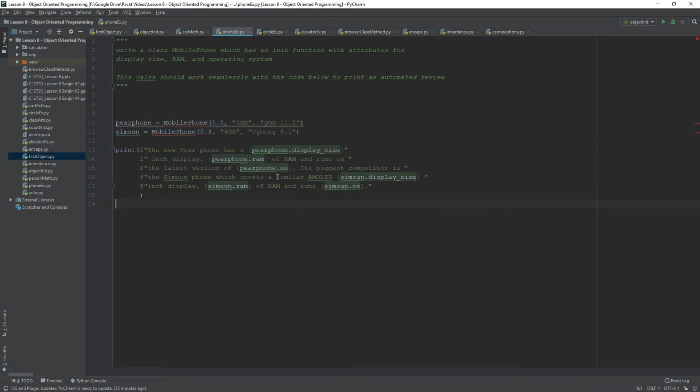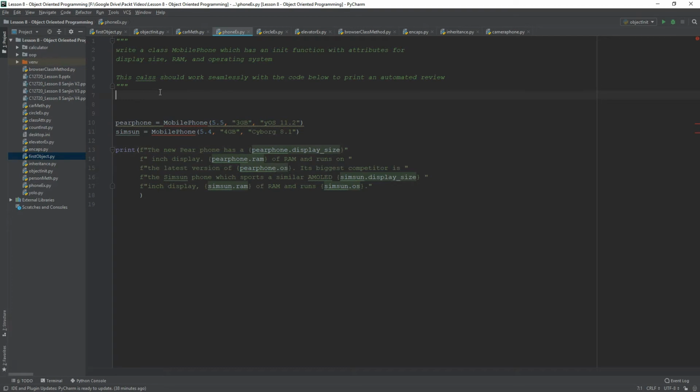And this print statement sort of does an automatic comparison between the 2 of them. Now, the highlighted variables are the attributes of each phone object. So we know we're going to have display size, RAM, OS. And we actually need to use these 3 names